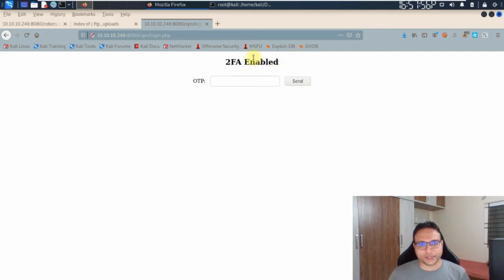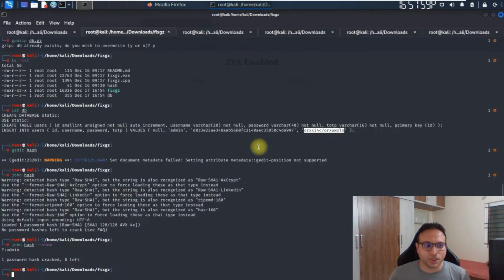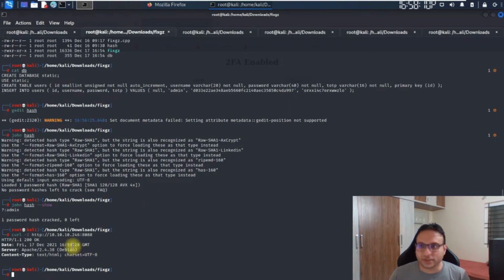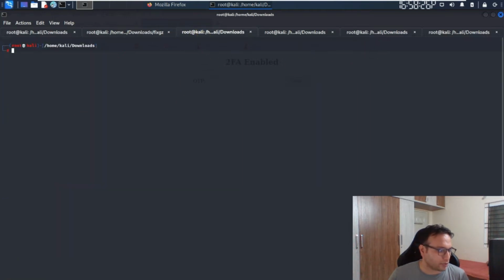So to get it done, I'll have to go to the terminal once again and fire a command to identify what exactly the time is right now on the target machine. Okay, I can see it's 16:59:28. Still, the time is not appropriate as per the need. There's a variation of almost 1 minute. What I have to do now is go to another terminal and set the time.